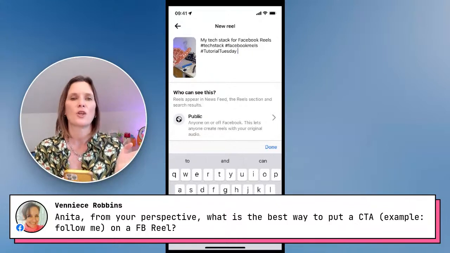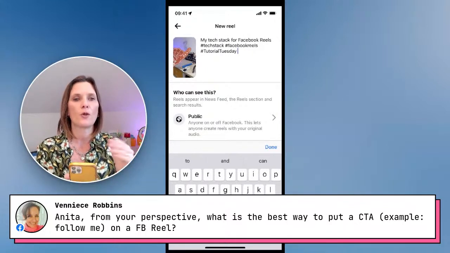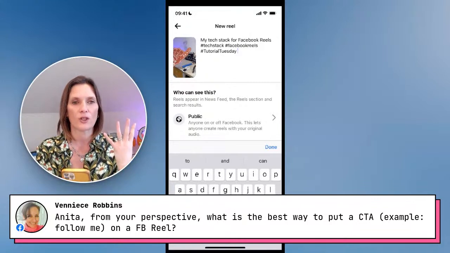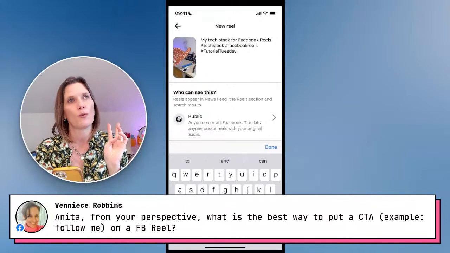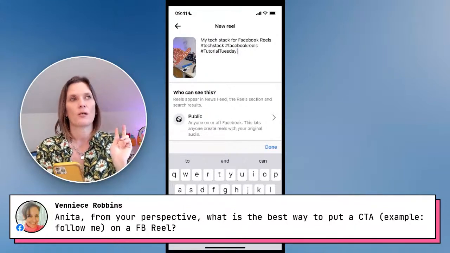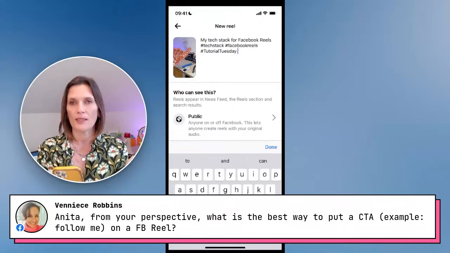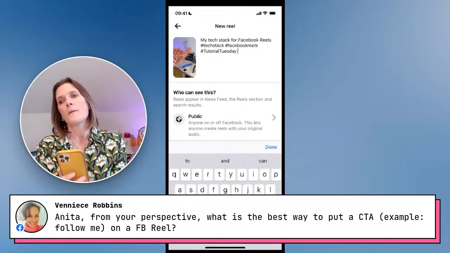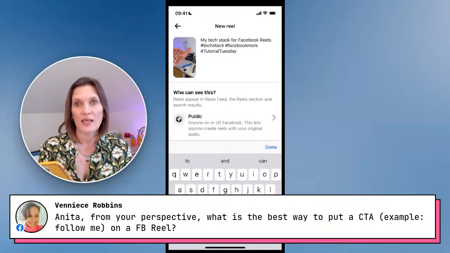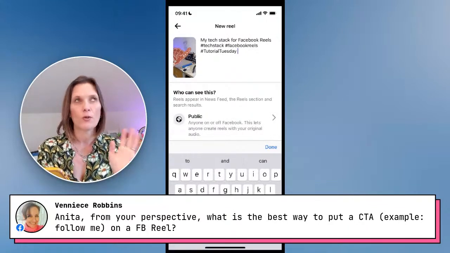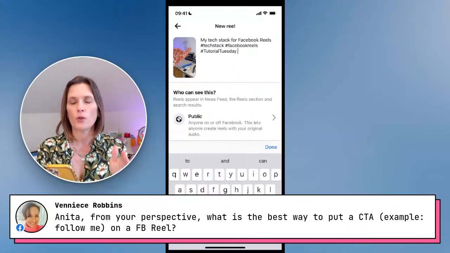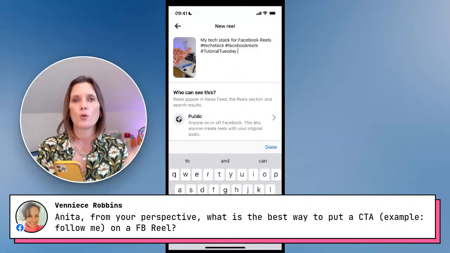But the best thing to do is, if you imagine your reels go into 4 sections, like I just said, if it was a 60-second reel, you do what the reel's about in the first section, highlight the problem in the second section, highlight the solution in the third section, and do your call to action in the 4th section. So you can make that into a 15-second reel, a 30-second reel or a 60-second reel. But if you imagine that your reel is divided up into 4 sections, try to put your call to action,